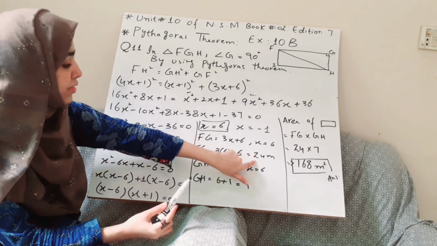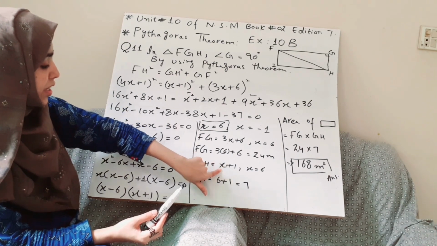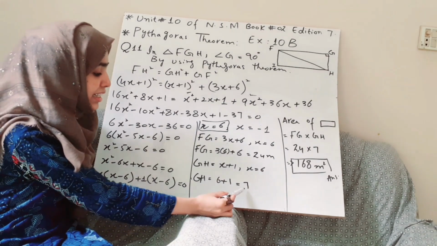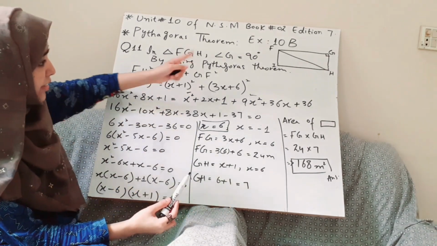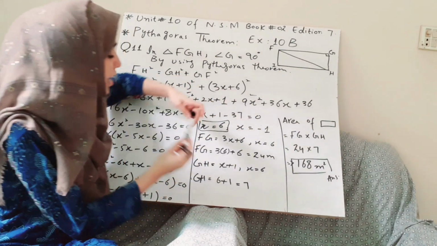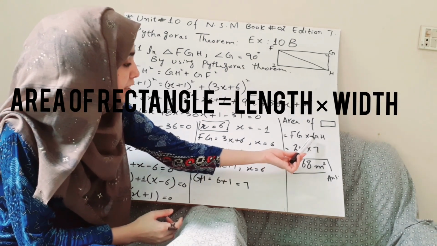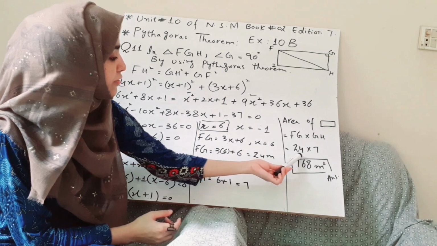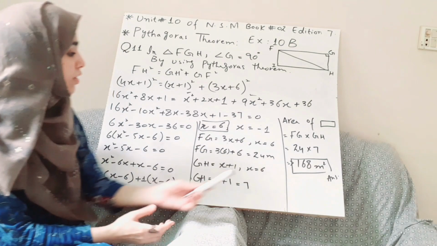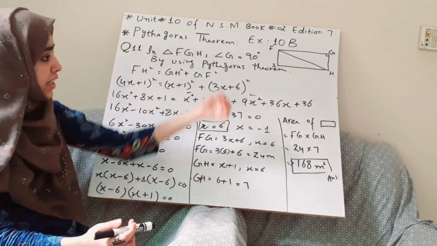One side length we now have in number form, and the second side GH is x plus 1. After putting 6 in it, it will be 7. Now we have the second side length in number form, which was given in variable form. So the area of the rectangle equals one side length multiplied by the second side length, which equals 24 multiplied by 7, which equals 168, and the unit is meter square. So we have solved question number 11, and found the area of this campsite which they asked.